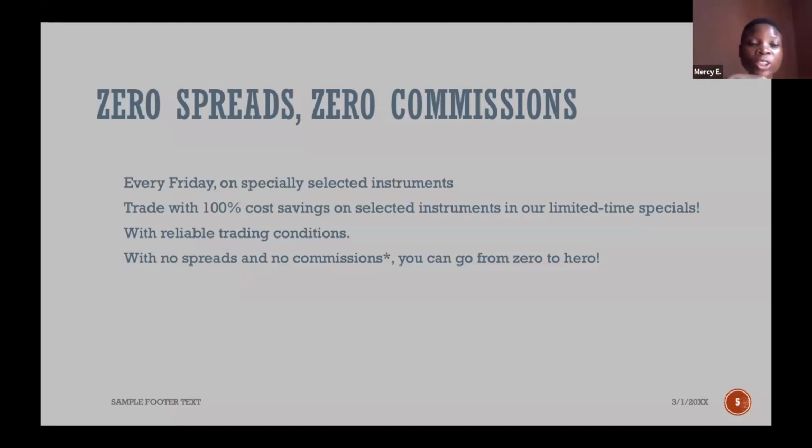You get a notification either via the app on your phone or via email to let you know the currency pair of the day or the instrument of the day that you can trade with zero spread, no commission. So you can look forward to that every Thursday, and you know which currency pair to trade on that day, and then there are no charges